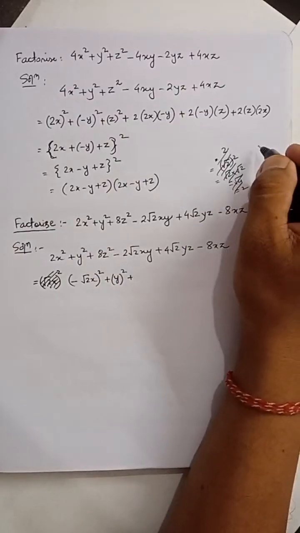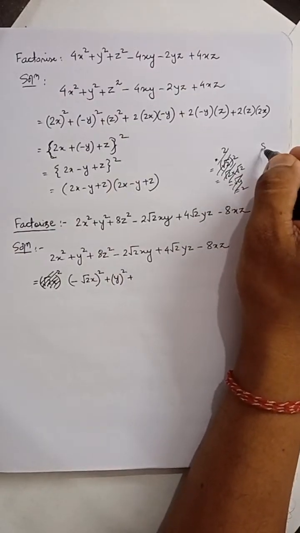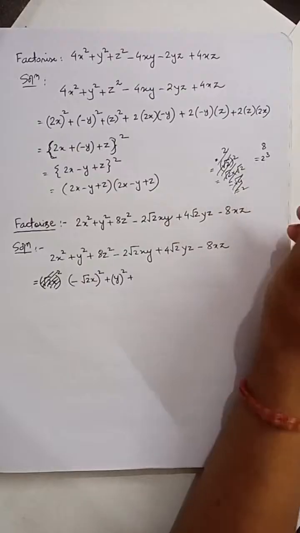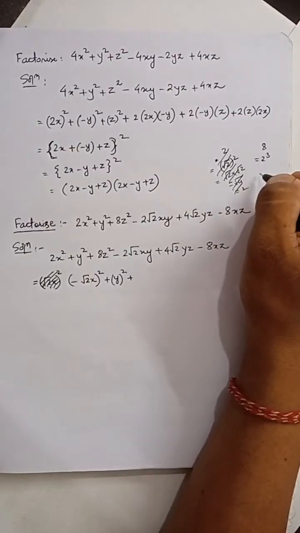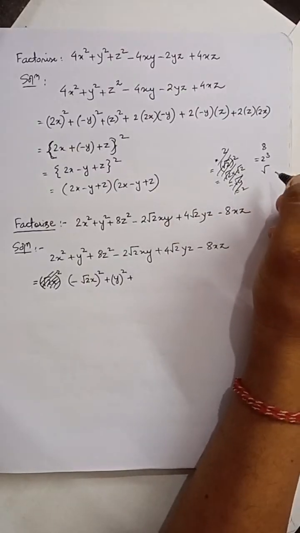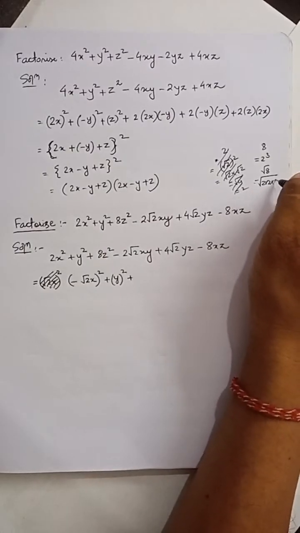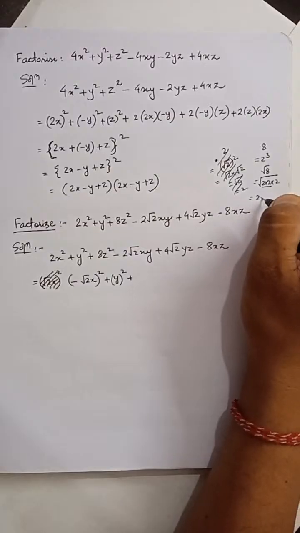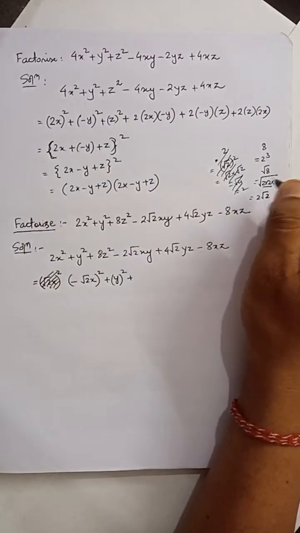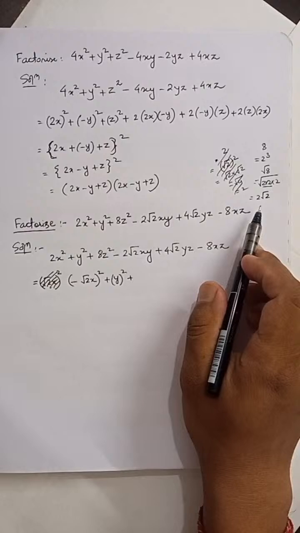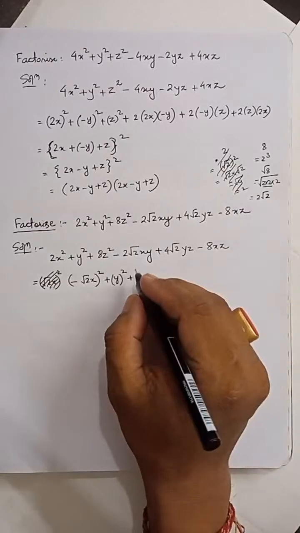So 8 is how much? 8 is basically 2 cube, is it? So if I have to write root over 8, so root over 8 is how much? Root over 2 into 2 into 2. So I can write as root over 2 root 2, ऐसे लिख सकते हैं ना हम लोग।